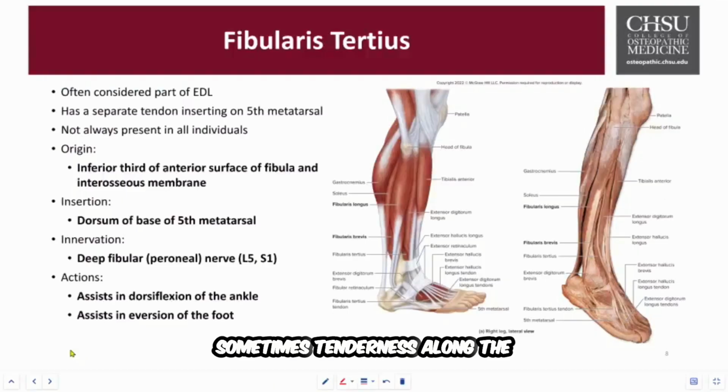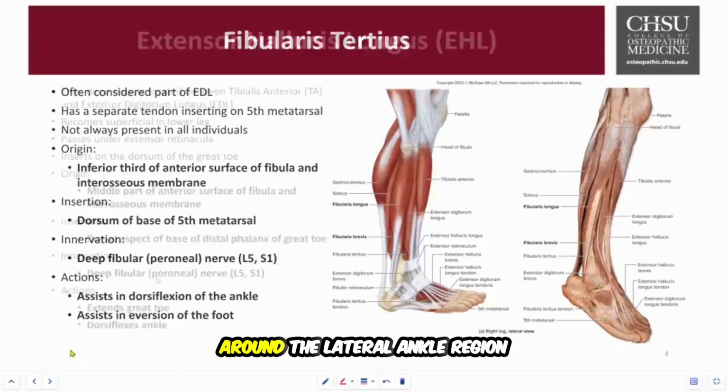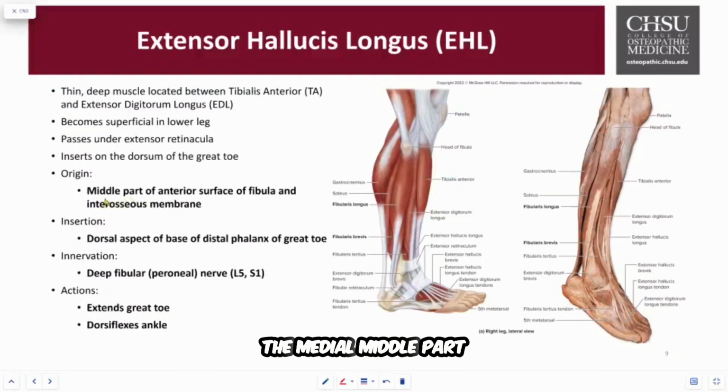and clinically, sometimes tenderness along the tendon may mimic avulsion fractures or even tendonitis, usually presenting as pain around the lateral ankle region. The origin comes from the middle part of the anterior surface of the fibula and parts of